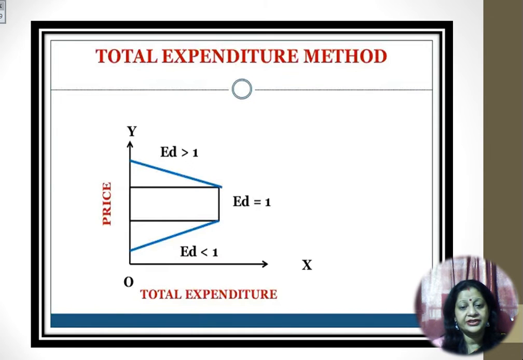Total expenditure method. So this is the total expenditure method diagram, which you can see. All the situations can be depicted on one diagram. You can see